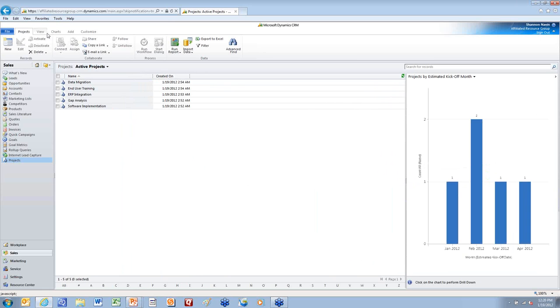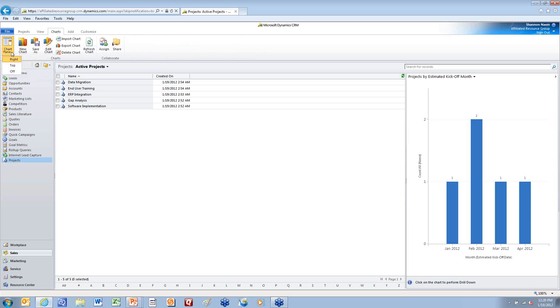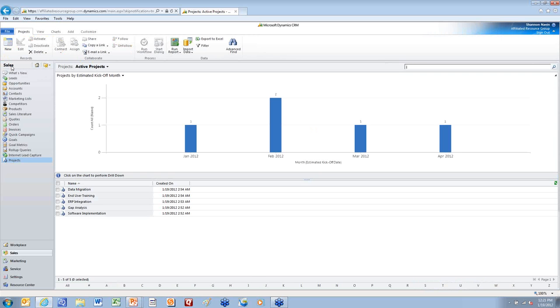I can change my chart pane. If I come to charts along the top here and move my chart pane to top, I'll see it on top of my view, which may in some cases be easier for visualization of the data. I'm assuming that most folks know, but I think it's worth saying that one of the cool features of charts is the ability to drill down into the bars. So you can see here that I have 5 different projects in my view of all active projects. Up here in the chart, they're broken down, of course, into the month in which they're estimated to kick off. If I click on this February 2012 bar, my view limits to only the 2 projects that are estimated to kick off in February